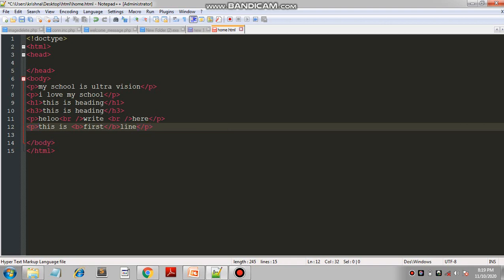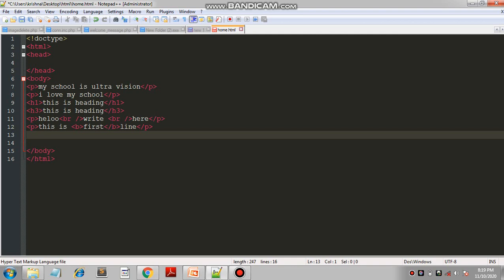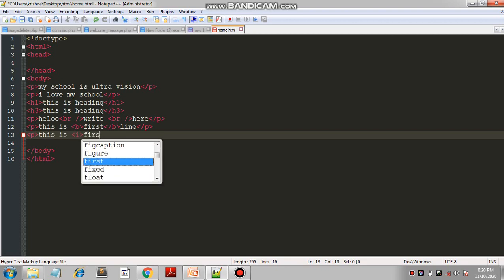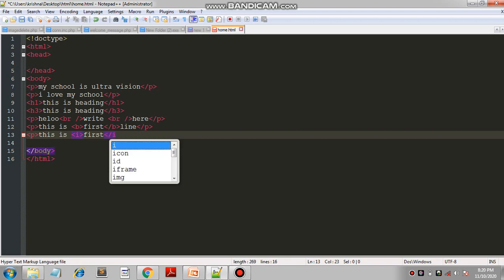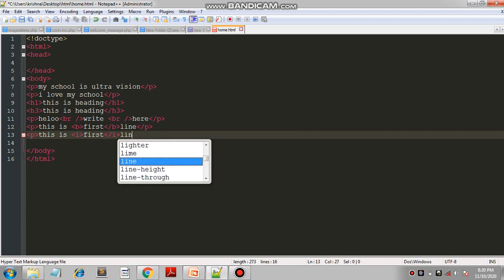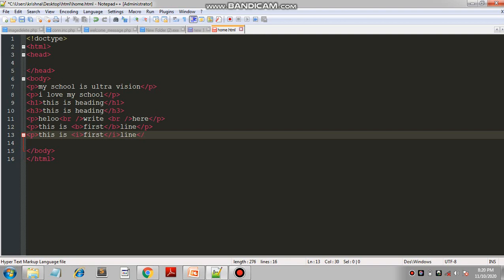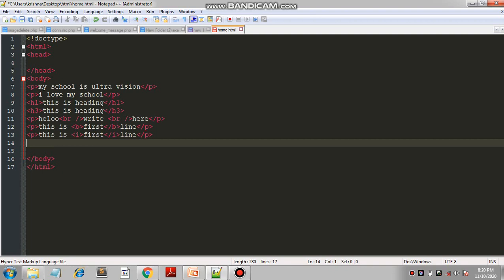Same for italic, take a P. For italic we use I tag, end of I and end of P. Okay, now for underline of any word we can use U tag. So for that we use U tag.